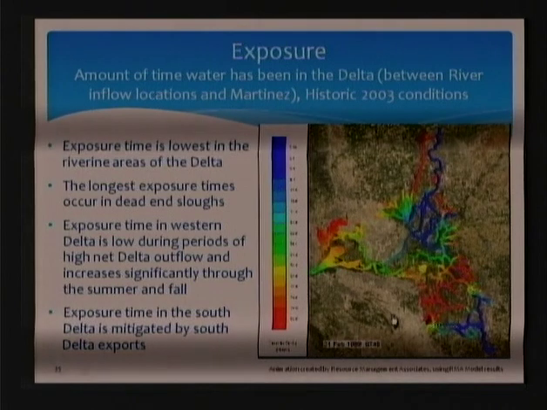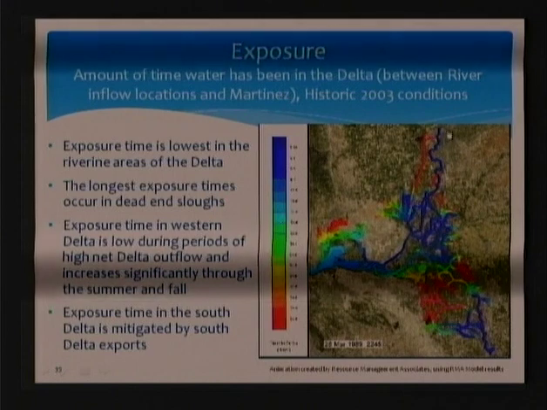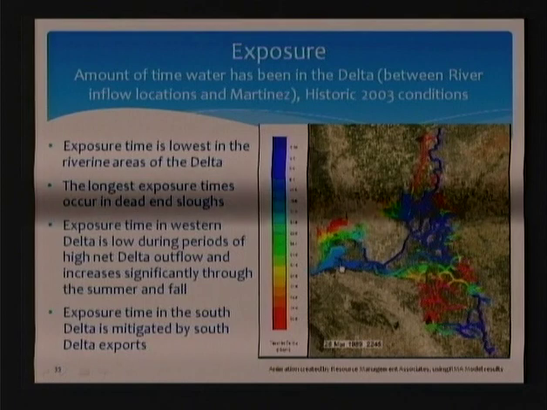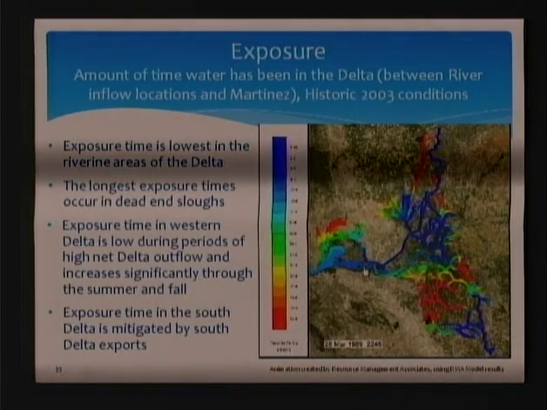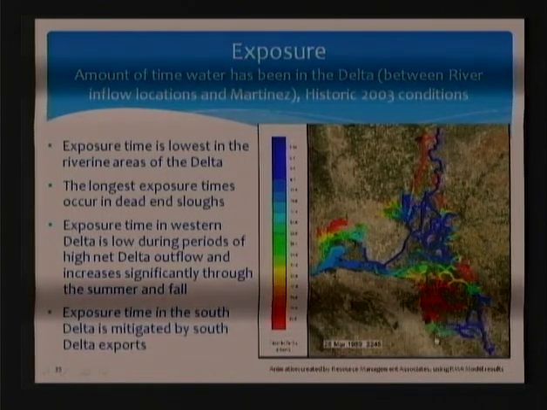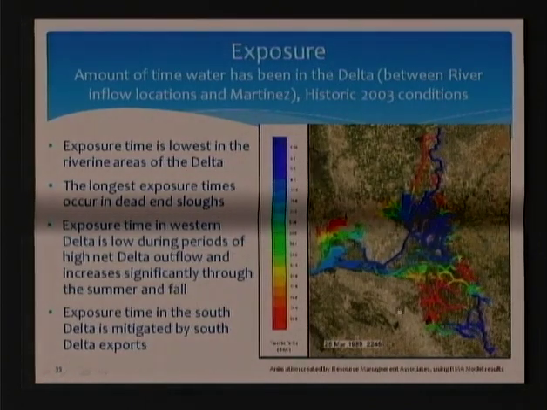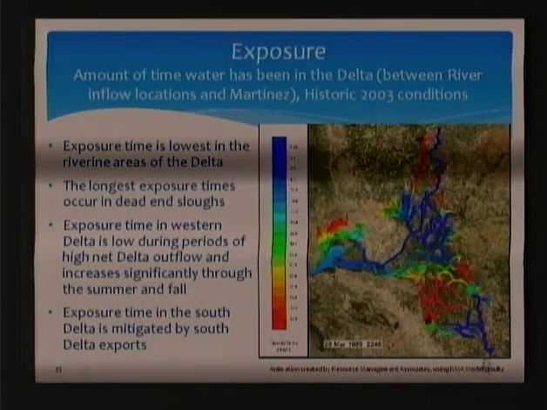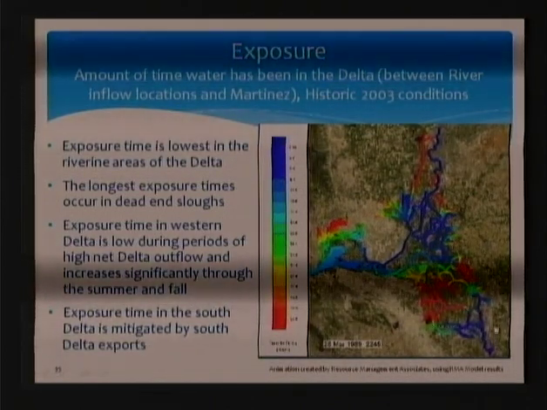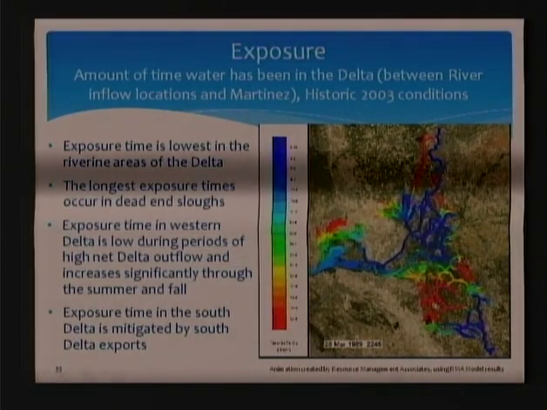So let me go forward just a little bit. In this year, the big flow happened to be in the end of March. So now you have water rushing through the Sacramento and out through Suisun Bay. It actually does that pretty quickly. The water's not in Suisun Bay at this time of year very long. In this particular animation, exports were taking most of the San Joaquin water. So you have long residence times in Old and Middle River. So you have short residence times here in the San Joaquin as it's ripping around to port into the exports, short residence times as it's moving out to sea, and then long residence time here in the middle.